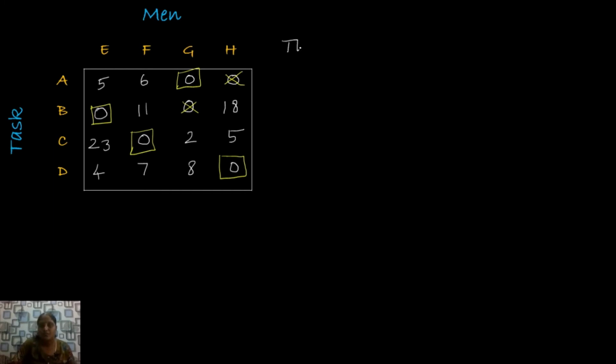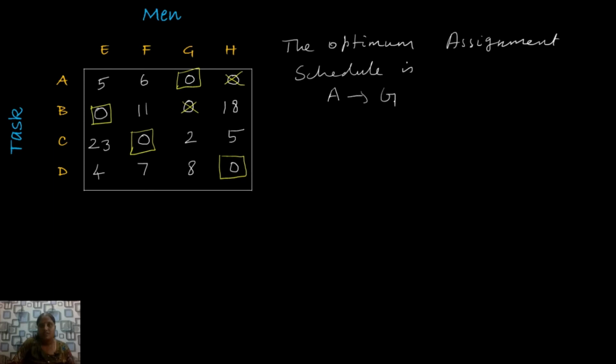So the optimum assignment schedule is A to G, B to E, C to F and D to H. And the assignment cost is